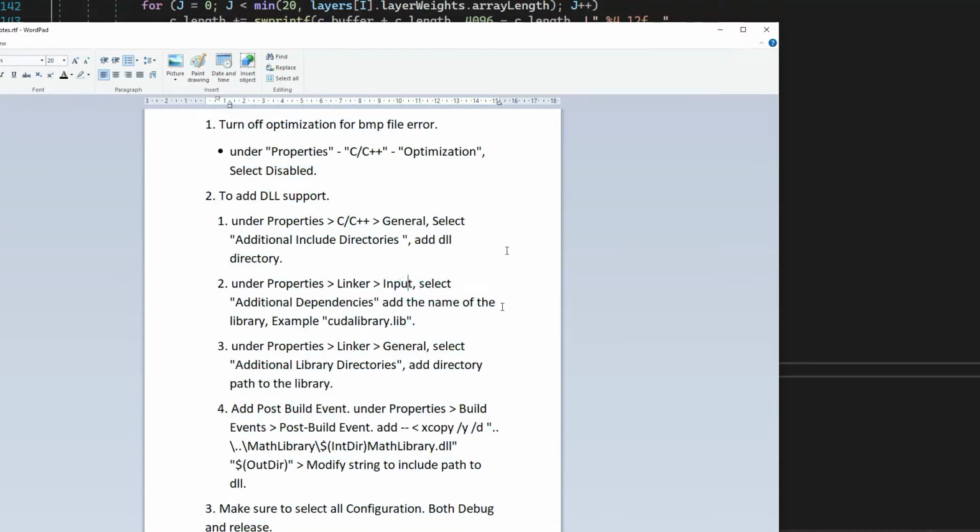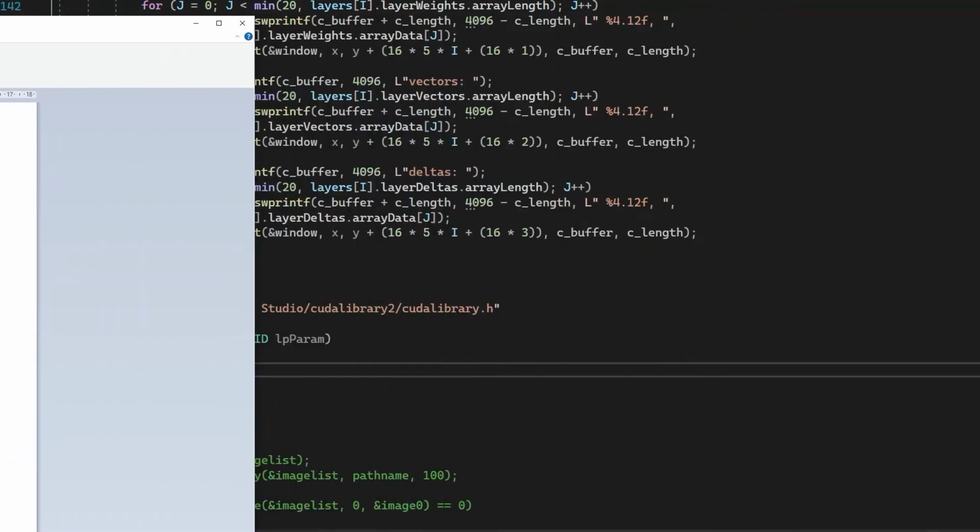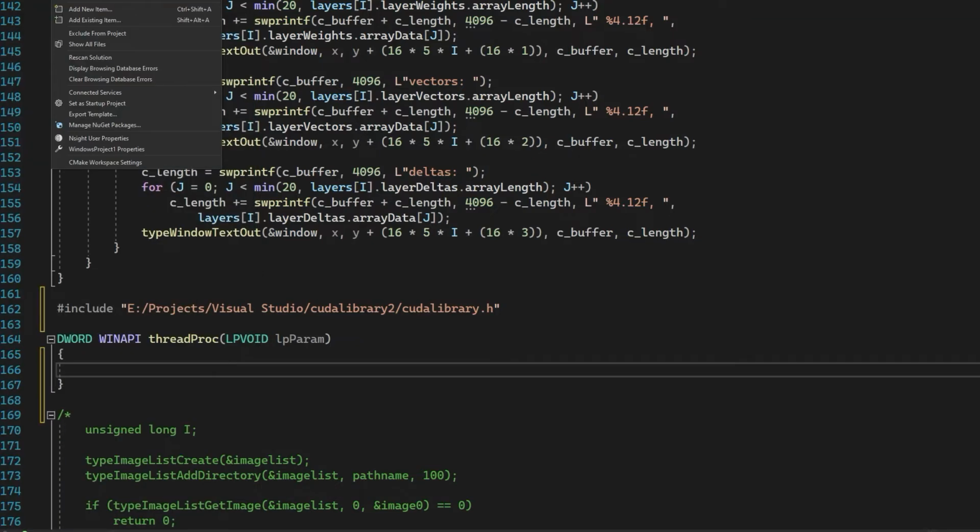Okay, these are the notes for how to do optimization. Include optimization. On the properties linker input, select additional dependencies and the name of the executable. Okay, under project properties,